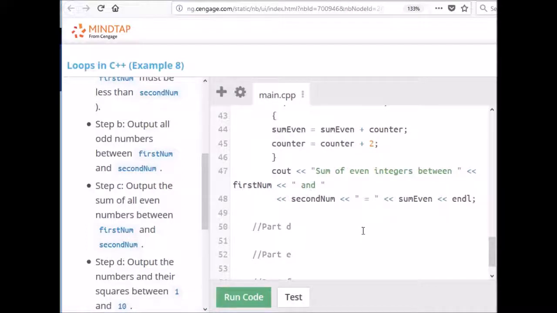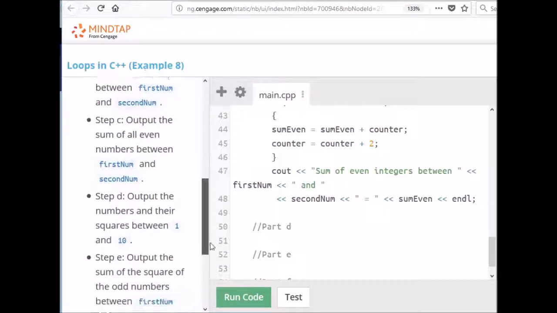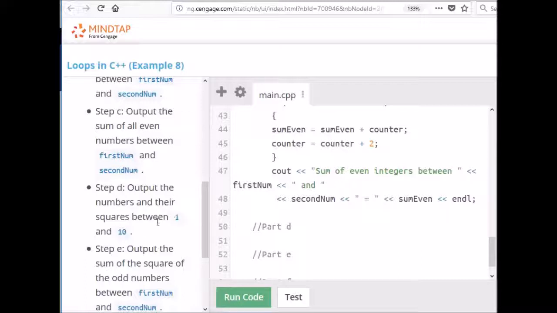Let's go on to part D. In part D, we're outputting the numbers and their squares between 1 and 10. So I'm going to tell them what I'm doing. I'll start my counter at 1. So now, while my counter is less than or equal to 10,